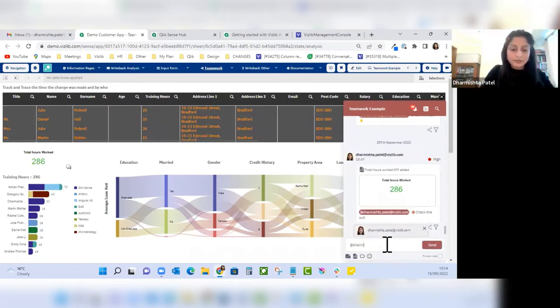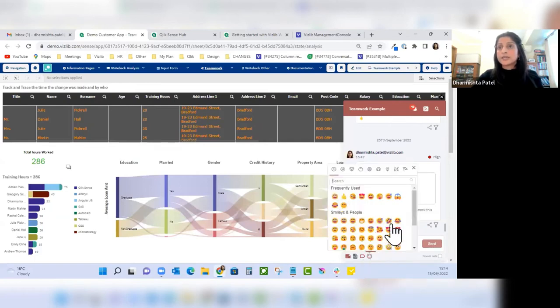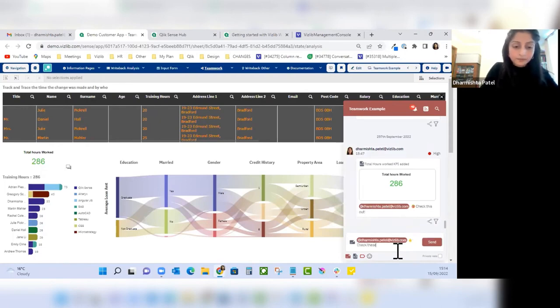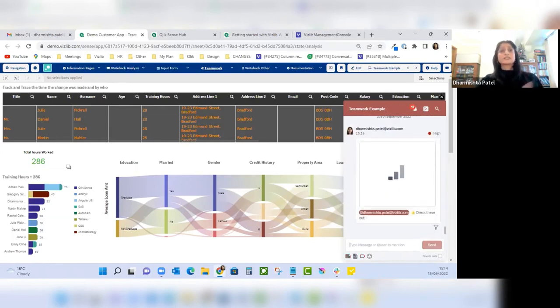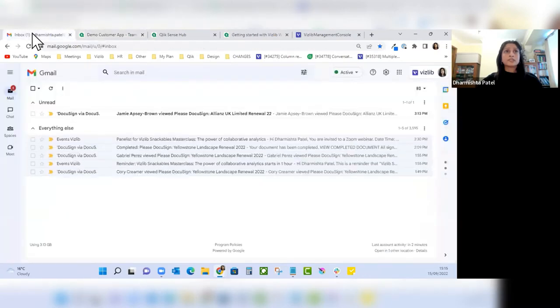So I'm just going to show you very quickly how teamwork works. You can see I'm just starting a conversation here, and I'm going to attach an image. I'll go straight for the pie chart table there, and you can add priorities, add emojis, and let's add some context. Okay, so very quickly starting a conversation with myself here. Obviously you can start with whoever you wish, and when you see the image attached here, that means that I would have received an email,